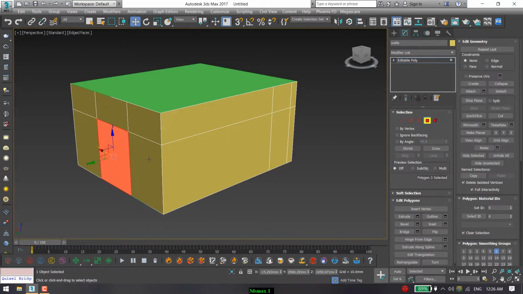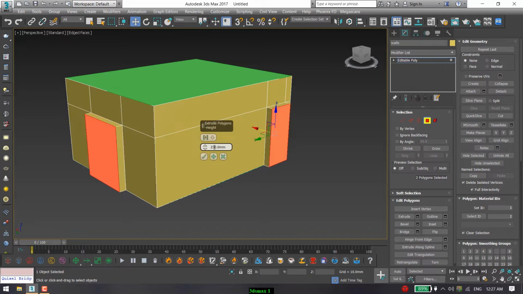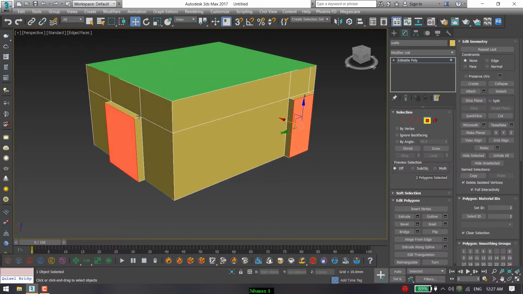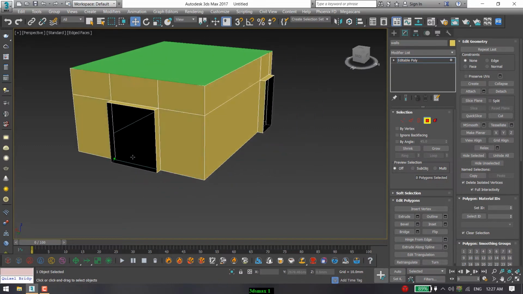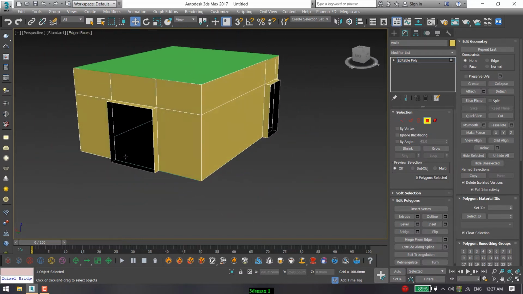Select this face and select the door face: one window face and one door face. After that, click on extrude. Give it 230 mm. After that, you can delete these faces. So we have a nice interior room.